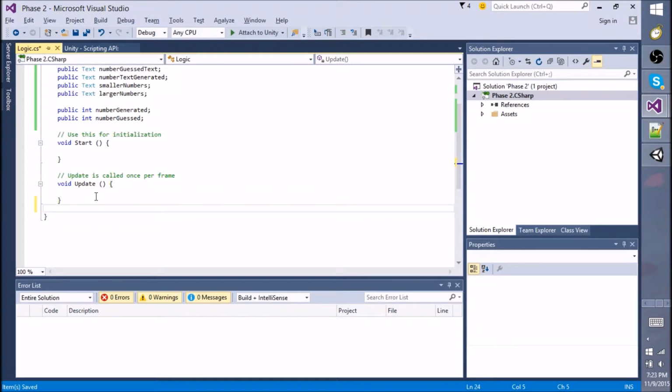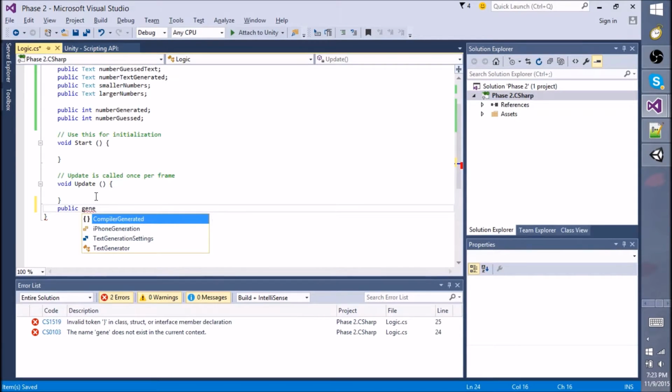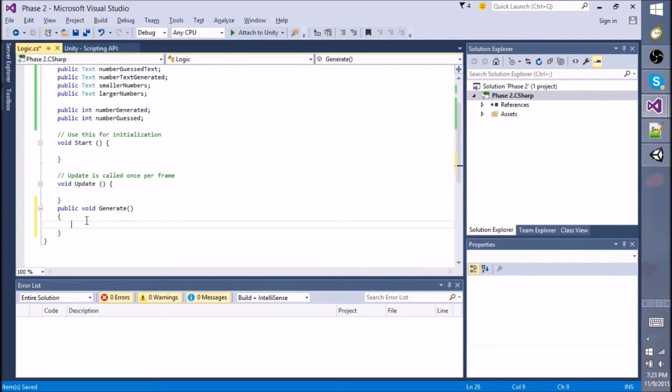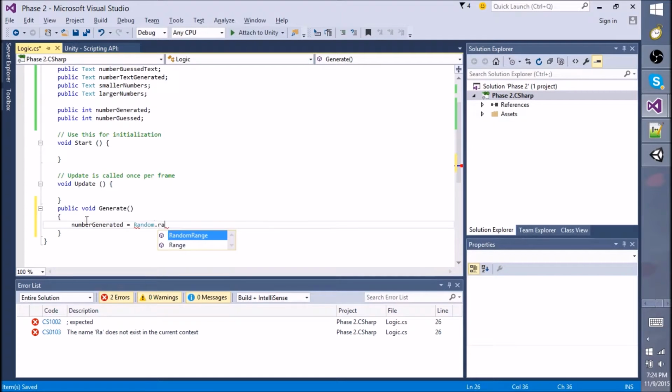So first let's create the public function so that the editor can use it for generate. And let's name it public void generate, parentheses, and that is how you create a function. Alright? Now once you have this, what you want to do in the generate is you want to type number generated is equal to random dot range